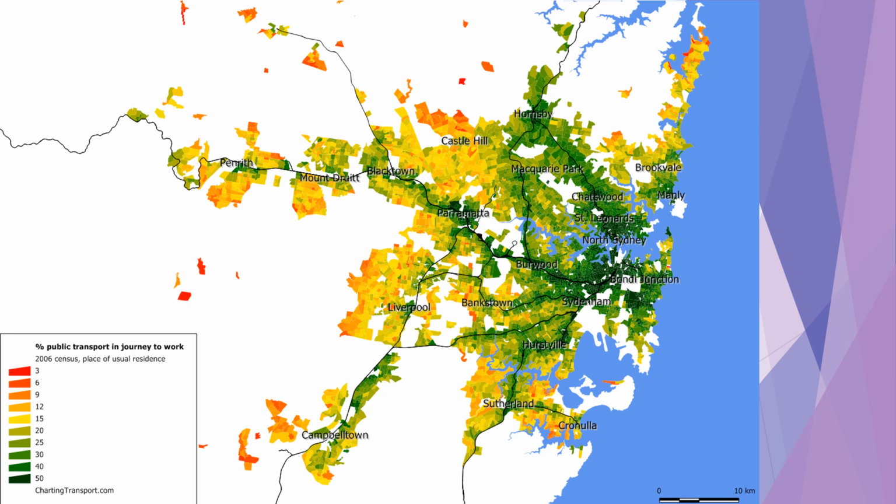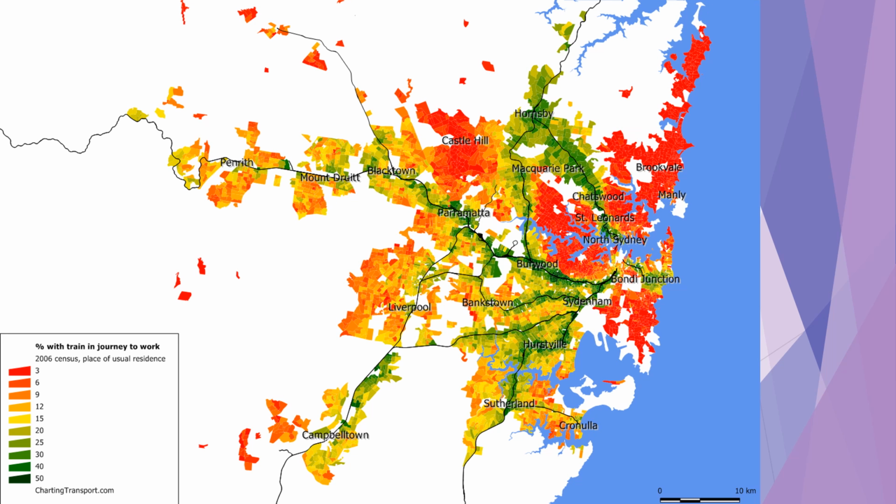This image here shows the percentage of public transport in journeys to work, and you can see that most parts of inner Sydney are pretty well serviced. Some of these white gaps are where people don't live, like on the headland near Manly, but some of them reflect the fact that the trains just don't service these areas. Here's the next slide that shows the percentage of people who take the train to work in the morning, and you can see that there are quite large areas of inner Sydney that aren't serviced by trains.